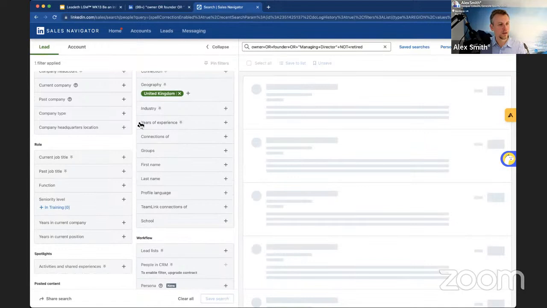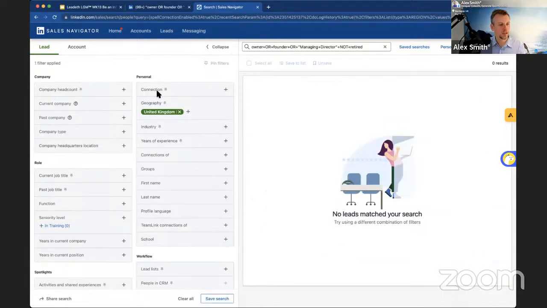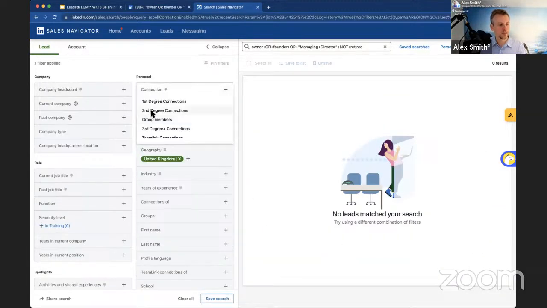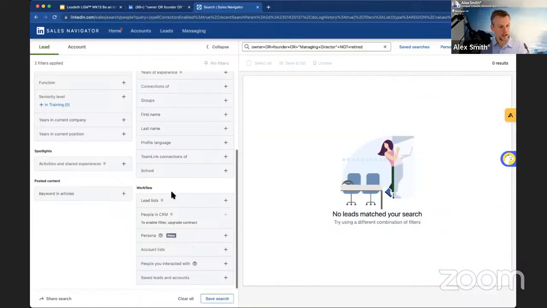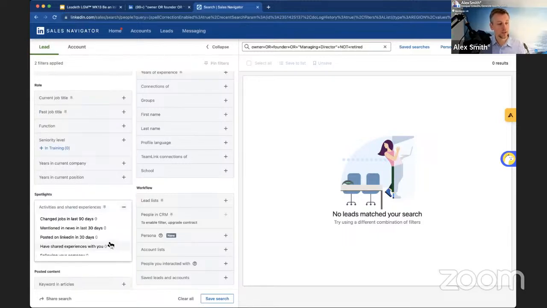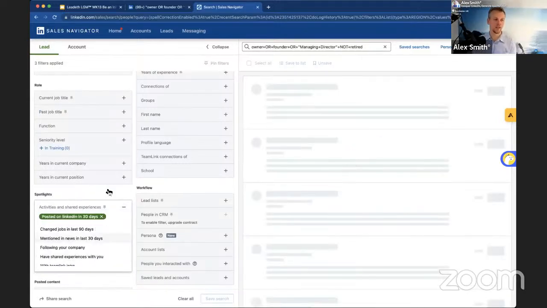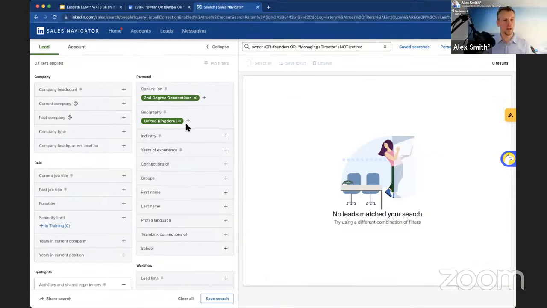We can also go for connection. Say we just want second degree connections. And we could say, here we go, post spotlight activities. Just show me people who have posted on LinkedIn in the last 30 days. And the likelihood is those people are going to be a lot more likely to respond to you.